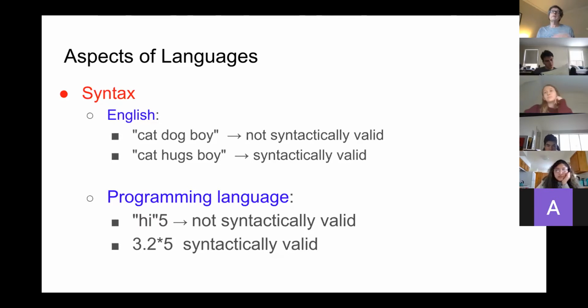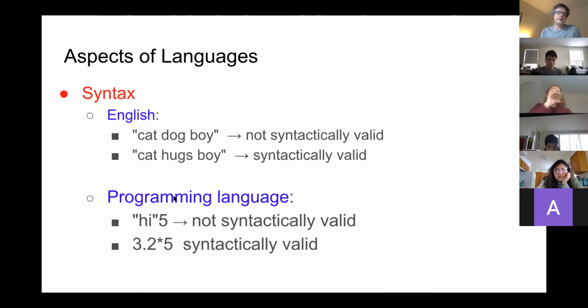Sometimes we have a noun and a verb and another noun and a prepositional phrase, right? There's different ways we can build sentences out of words. Ones that follow the correct syntax are called syntactically valid. This isn't syntactically valid: cat, dog, boy doesn't work because you can't put three nouns together in English and make a sentence. It's just not allowed,